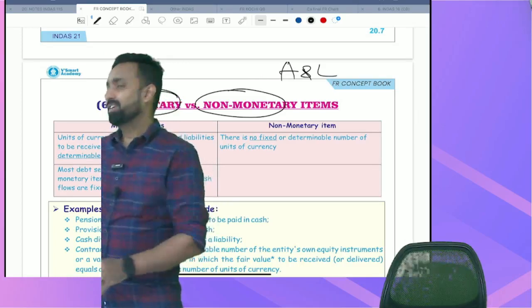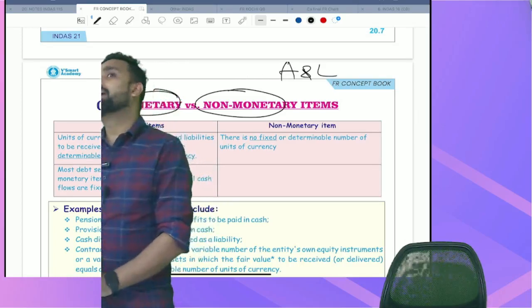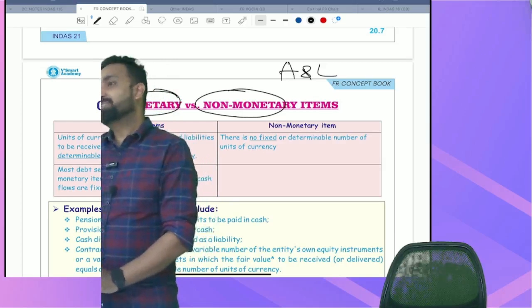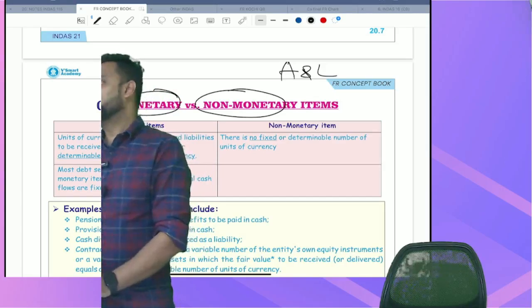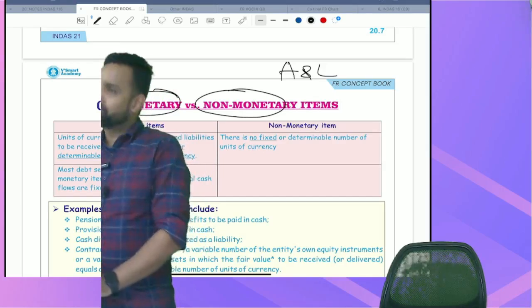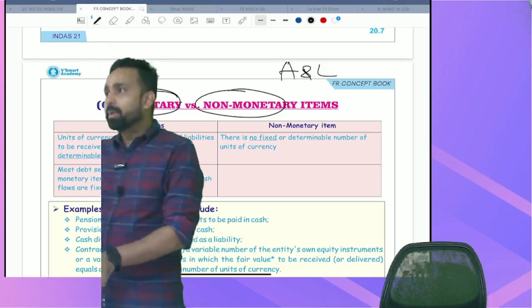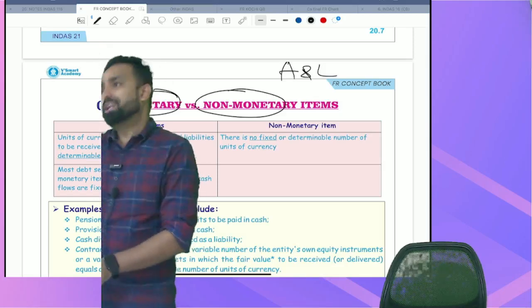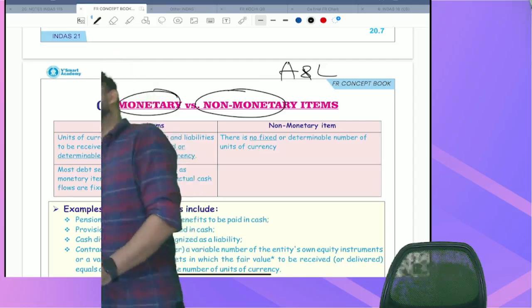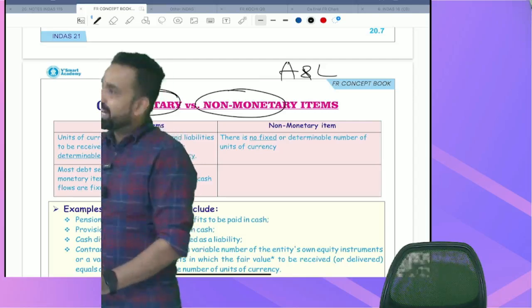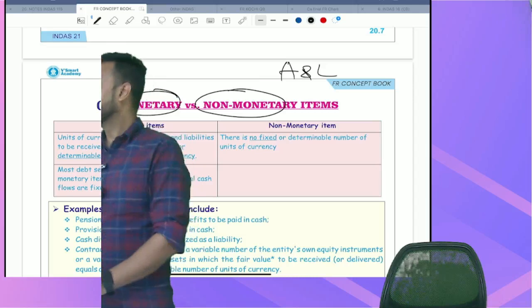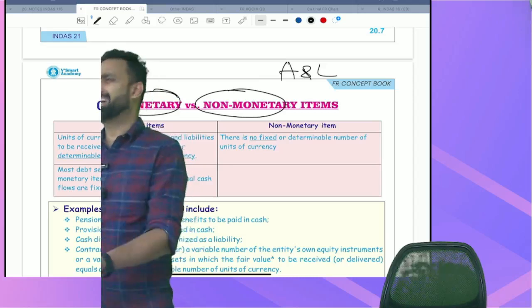You remember? Okay. Building for capital appreciation purpose is my investment property as per Ind AS 40. I have to measure the building only and only at cost. No fair valuation model is allowed. Are you understanding or not? If you don't remember this, let me tell you one thing: building, if it is under investment property, will be kept only at cost, historical cost only. Say yes at least.